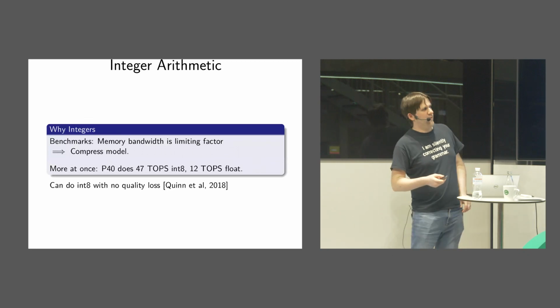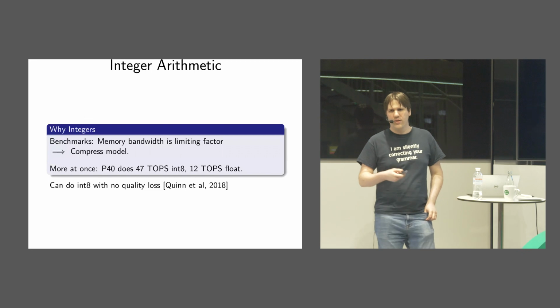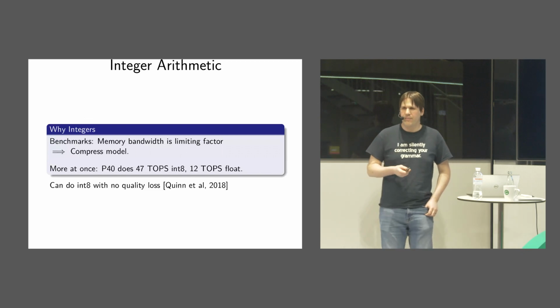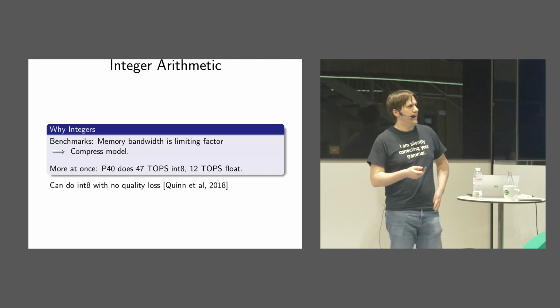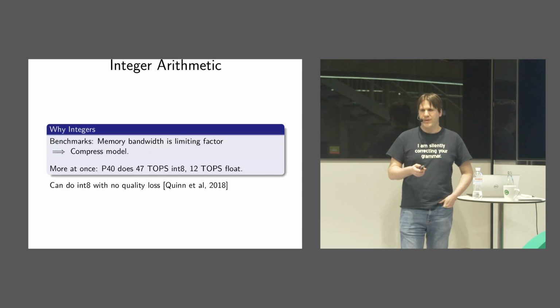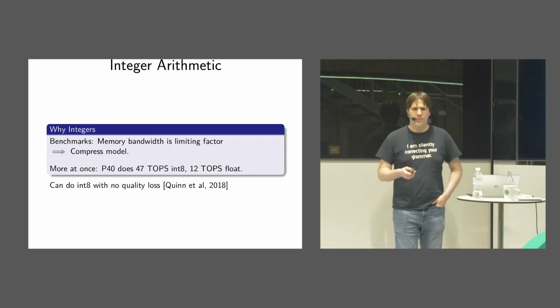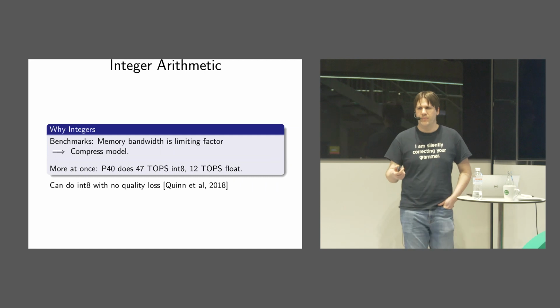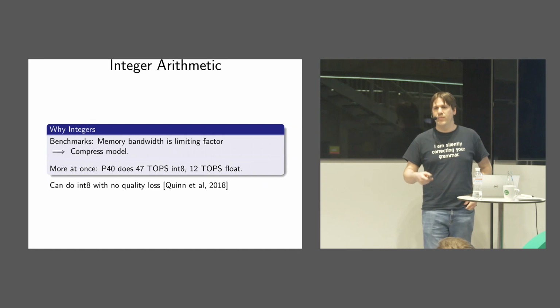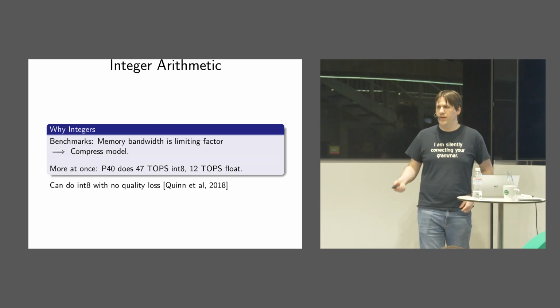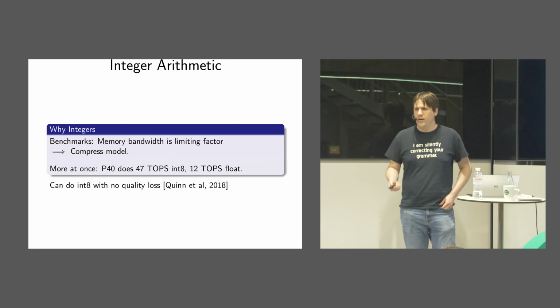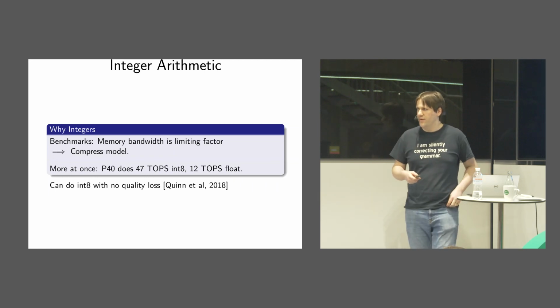Another thing that is actually one of my favorites is integer arithmetic and quantization. This is a fairly common trick in the vision field, and it's increasingly popular in natural language processing these days. So we did some performance measurements, benchmarking on CPUs and GPUs, and saw that memory bandwidth was a blocker. If you look at a Volta GPU, it has those tensor cores that are really fast at crunching numbers, but it doesn't have the memory bandwidth to support feeding those tensor cores all the time. So if you can compress your model, get more numbers in, smaller model, less memory bandwidth usage and go faster.